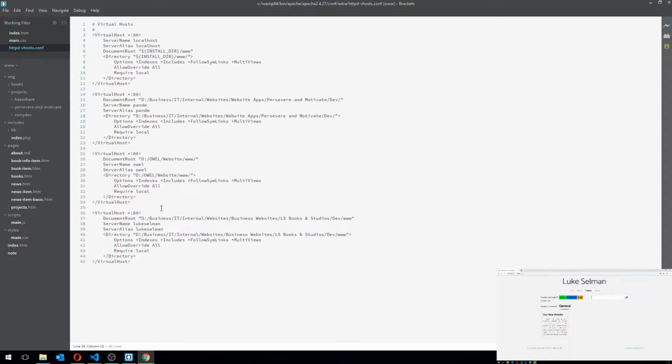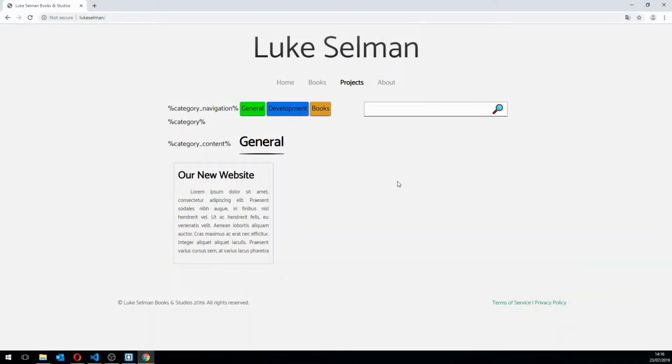So as you can see, because of the hosts file, we're able to resolve to 127.1.1.0. Let me just show you that for a moment so that you can see. So this is our HTTP Luke Salmon, and that is showing. So that is basically proving that we have set up